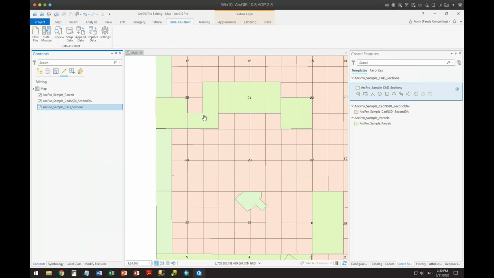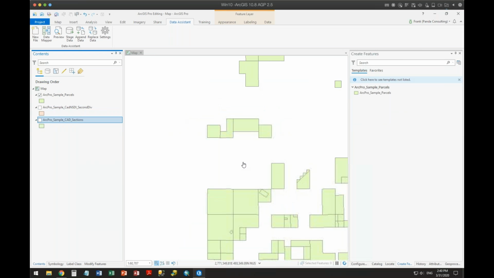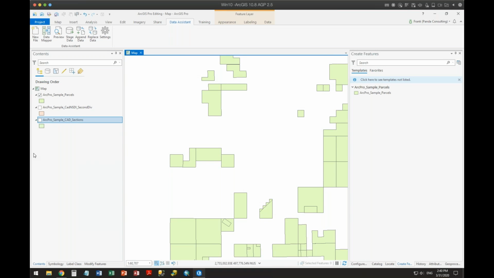So let me show you a couple of little things that will intrigue you. And I know that when Nancy saw it, she was like, what? So yes. I'm going to go back here and focus on just these. All right. This is one layer. And I'm going to look at the symbology for this layer and show you some of the little tricks that are in ArcGIS Pro that are not in Map.